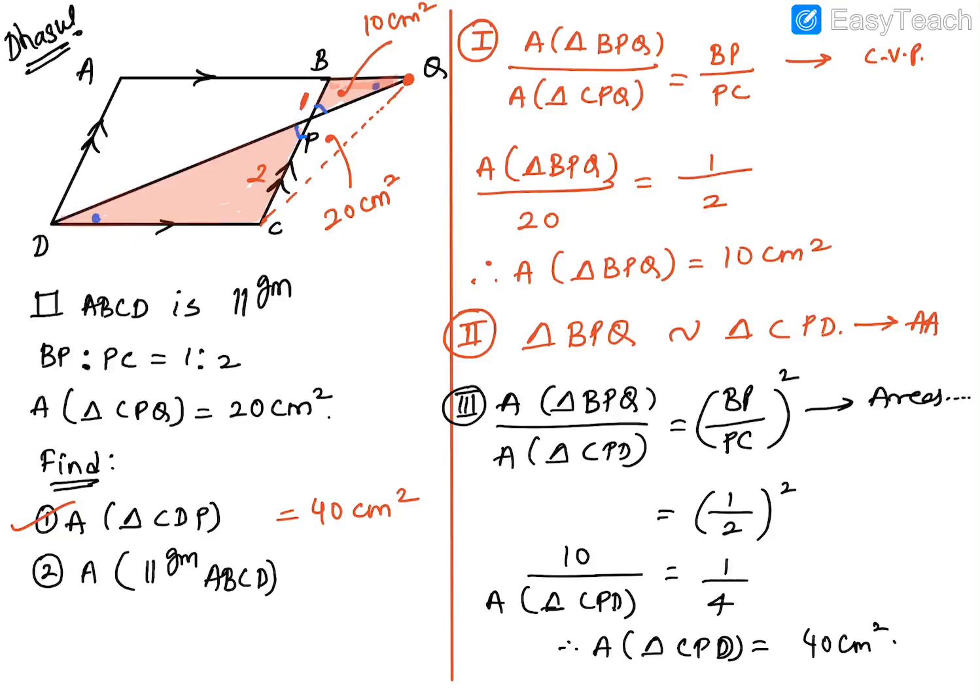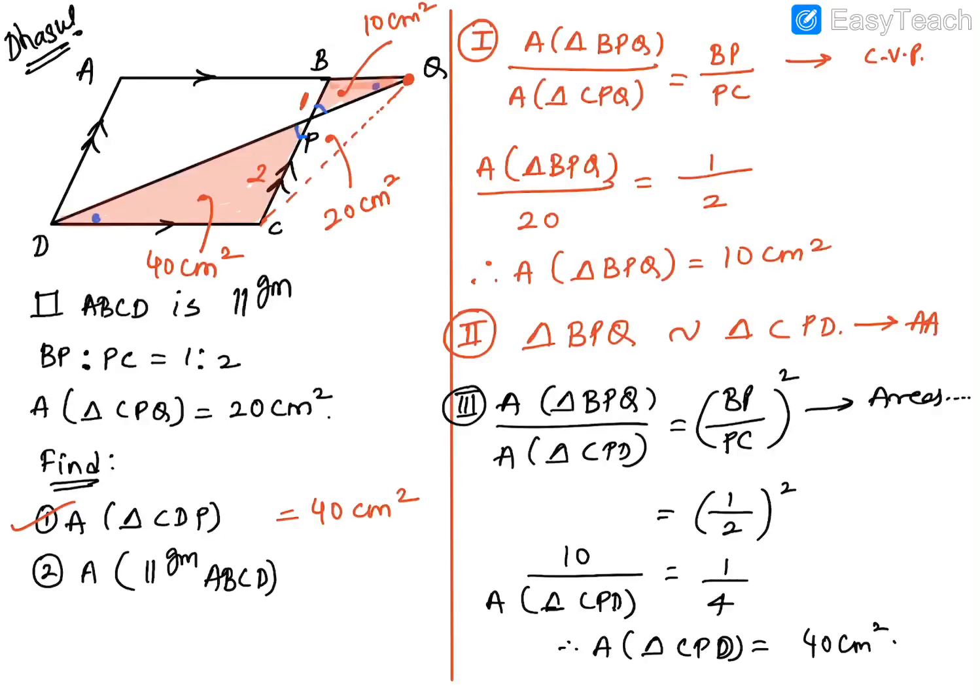Okay, now if you notice one thing, that the area of triangle CPD is how much? 40 centimeters squared. So this part was 40. So my first question, what will be the area of triangle DCQ? Look at the figure and tell me, what is the area of the triangle DCQ? So you will get that area of triangle DCQ is equal to what? 40 plus 20. So that became how much total? 60 centimeter squared. That's the area of the triangle DCQ.